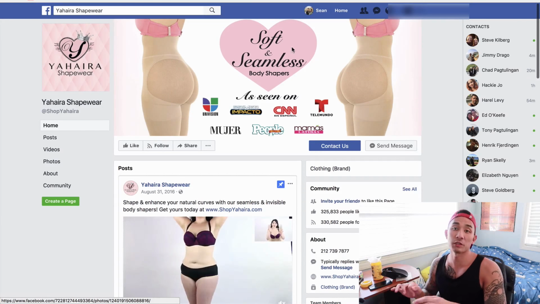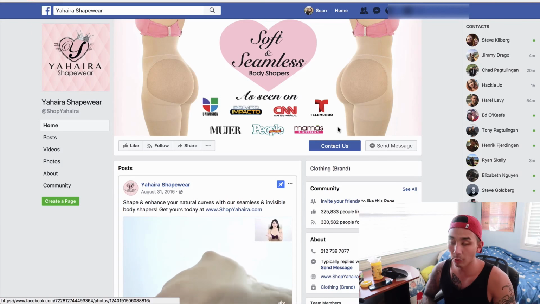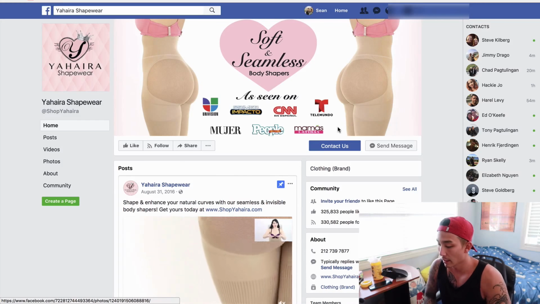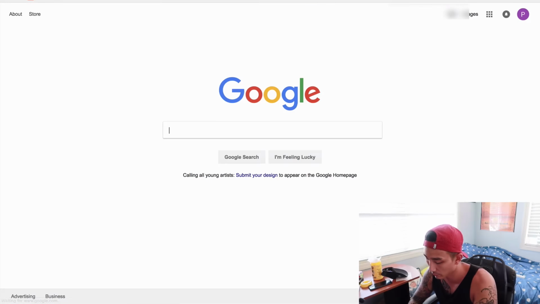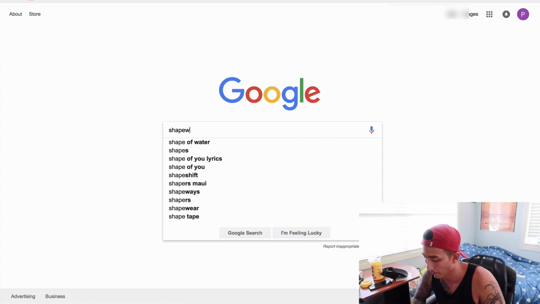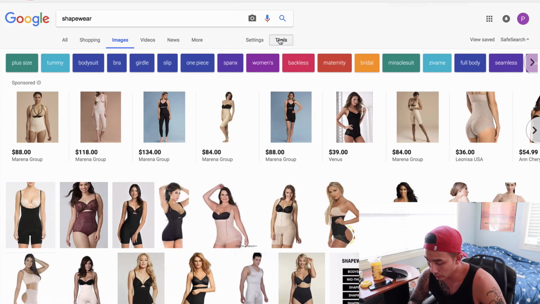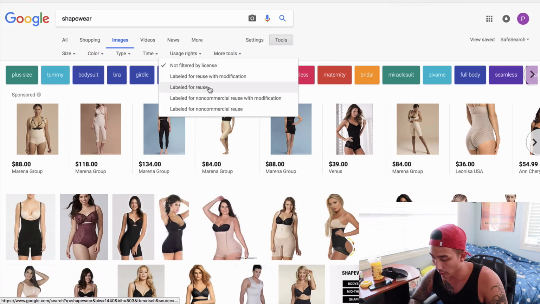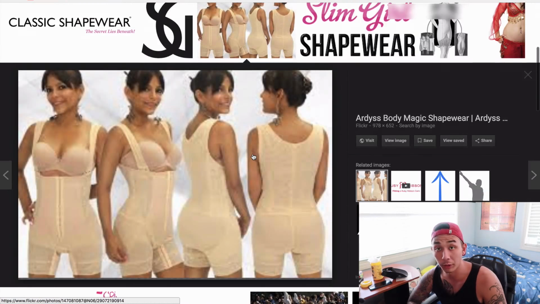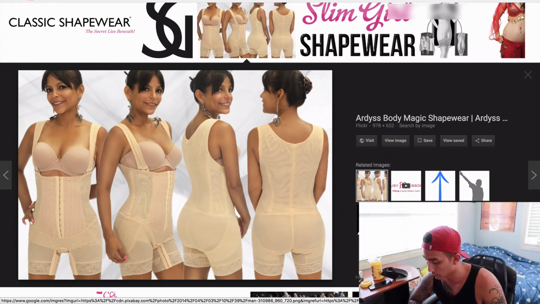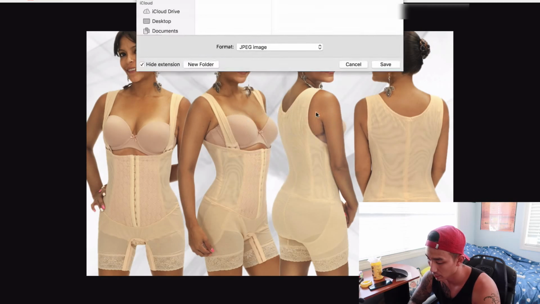But you can take inspiration from what they're doing, and if you want to create your own cover photos, you can do that with the tool I'm going to show you for creating ads. It's called canva.com, or you can search in royalty-free images, shapewear images here. You can use the tools here. Go to usage rights, and I go for labeled for reuse. Right here, I probably wouldn't use this, but just for example, let's just do this. So right-click, save image as, download it,